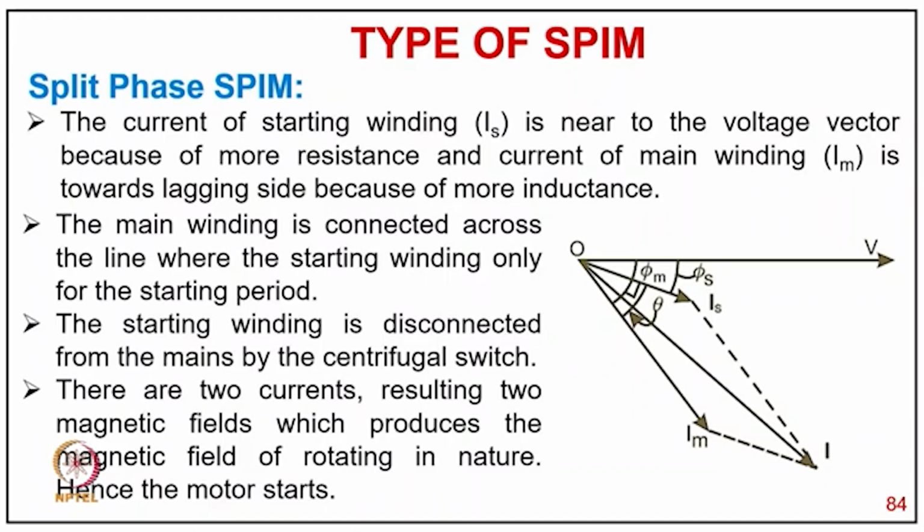The current of the starting winding IS is near the voltage vector because of the higher resistance, and the current of the main winding is lagging because of more inductance. The main winding is connected across the line, whereas the starting winding is only for starting purposes, and it is disconnected by the centrifugal switch when the motor accelerates beyond 70% speed. The two currents result in two magnetic fields which produce a rotating field,